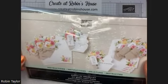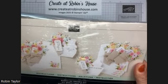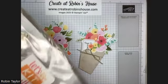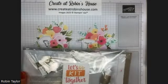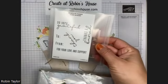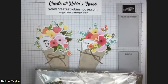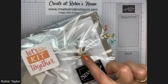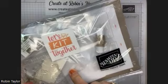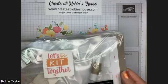So it comes in a little package with the instructions and a photo of all the projects. And then you go on the back and it comes with a stamp set. So here's kind of what the stamp set image looks like, and it's got the stamp set in there. Comes with a Mossy Meadow ink spot. It has some twine. It has a block for you and some foam squares, all the adhesive that you require,